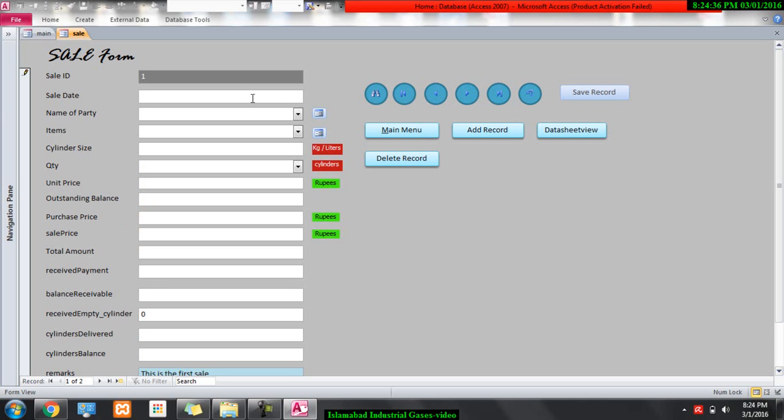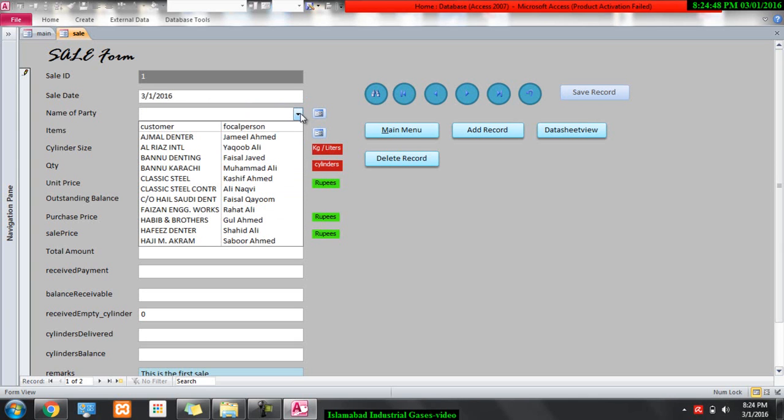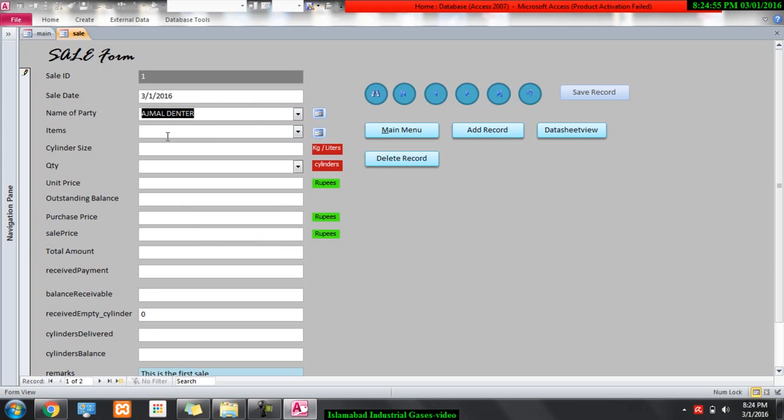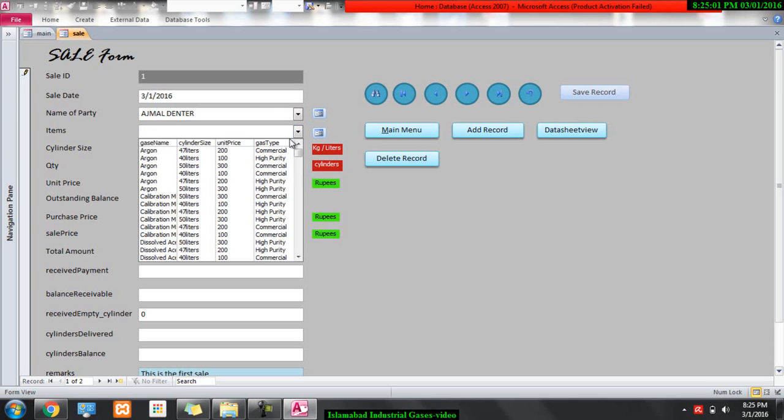So how we are going to work is that the first field is the sale date field, so we'll add the date on which this transaction is going to take place. Then name of the party. Basically this is a drop down which is fetching all the customers and their focal person. So I will select Ajmal Dental, and the next drop down is for the different gases that we